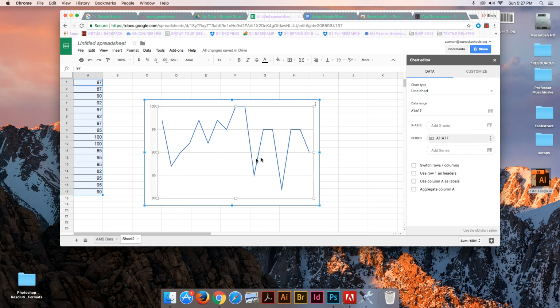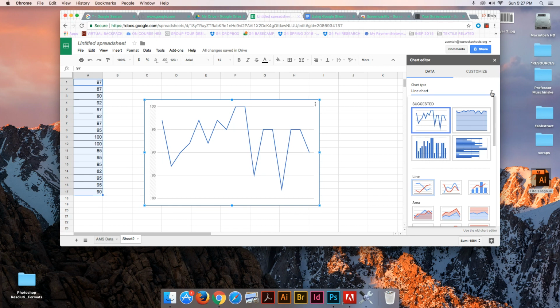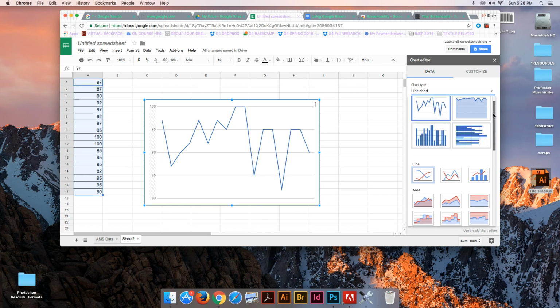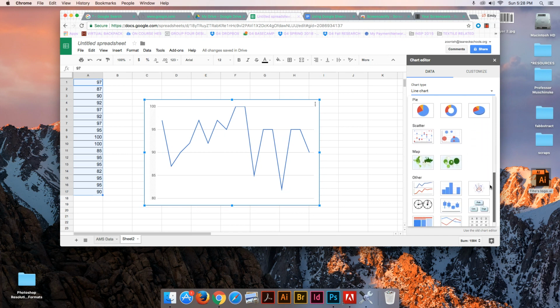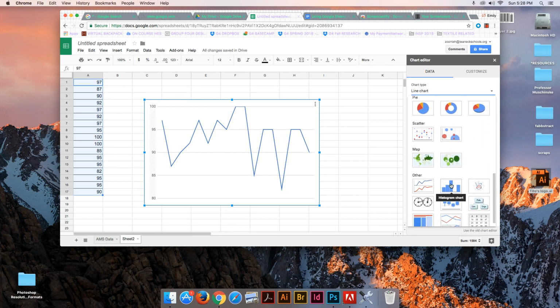What happens as soon as this chart appears though? I have chart editor because I definitely don't want this kind of chart. I have data, I have customize, and guess what I need to do? I need to change this chart type. I'm not working with a line chart. We didn't do anything with the line charts just yet. We're going to scroll down from suggested, line, area, column, bar, pie, scatter, map, to other, and voila,